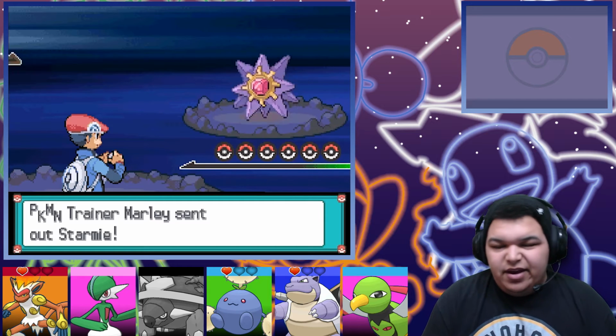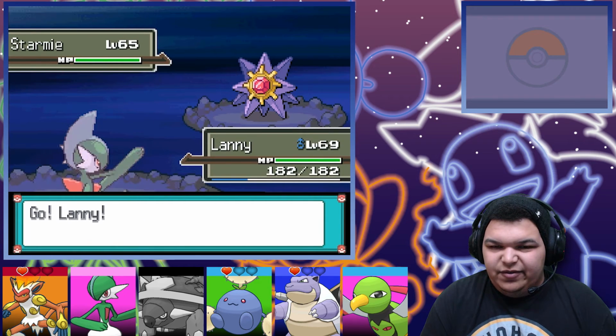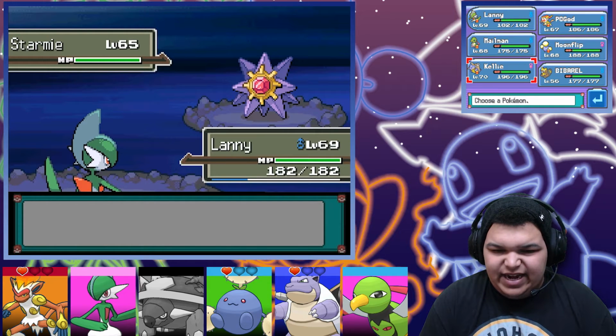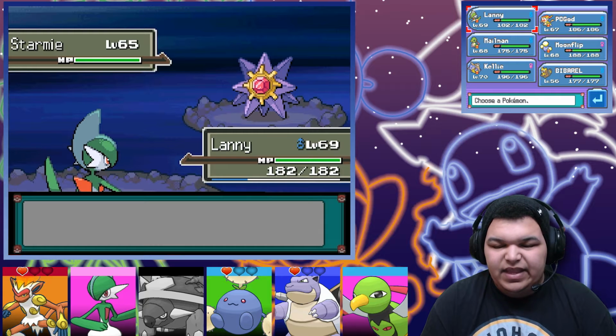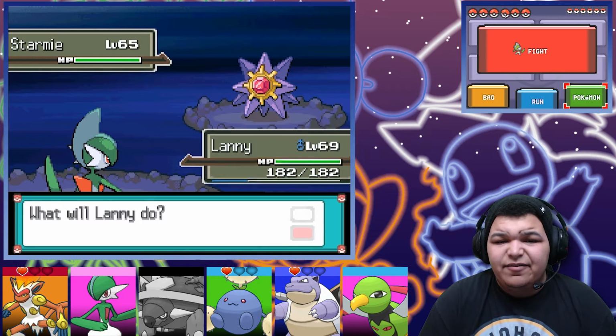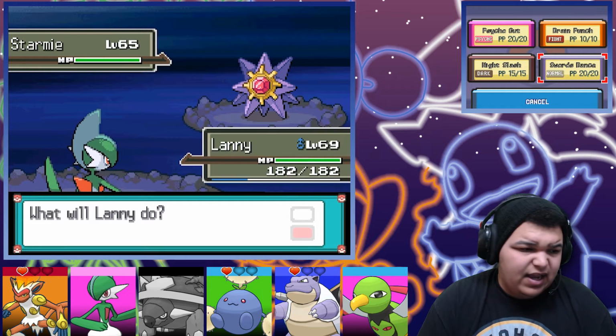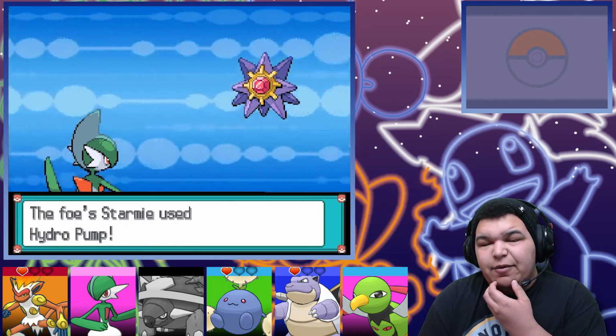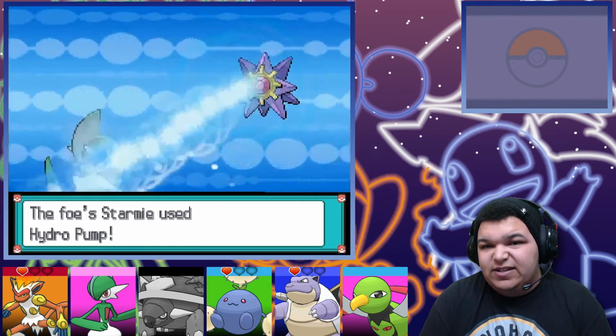Damn. I'm not ready for this battle. I'm a little afraid. I'm over-leveled. I already know that. I wasn't really trying to get anybody leveled up. I was just trying to get out of the stupid cave, and I didn't want to use my max repels because I wanted to use all the money I had for whatchamacallits. I wanted to get as many hyper potions as I could, so I just